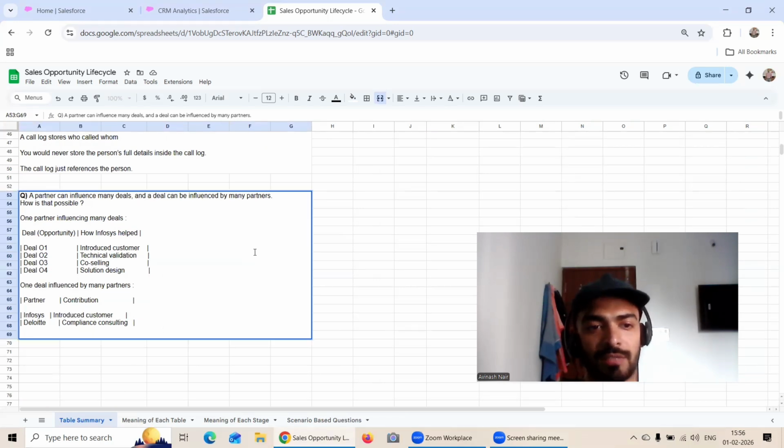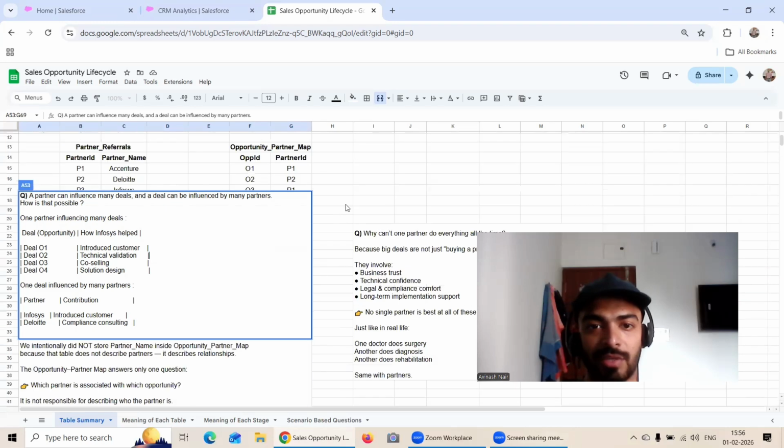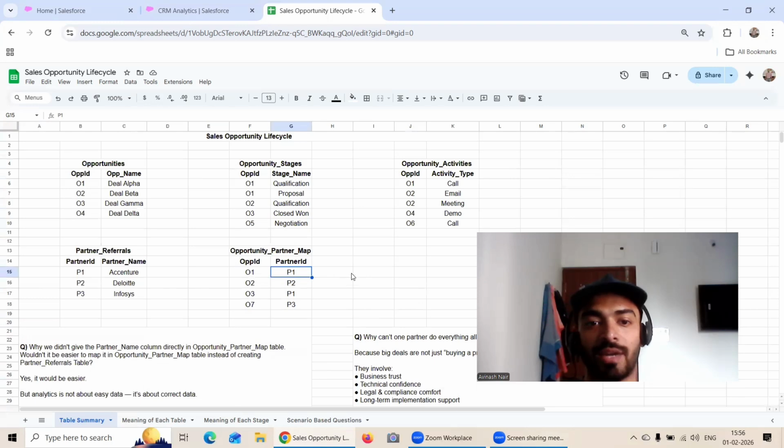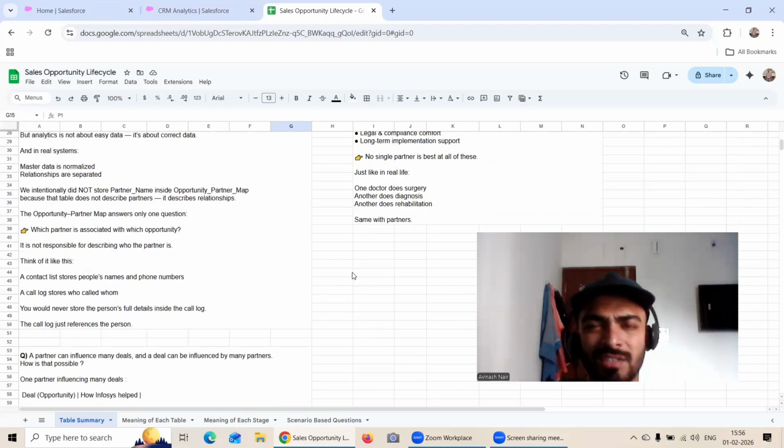Deal is opportunity. Fine. So let's understand how Infosys has helped. This is answering the first question, how one partner can influence many deals, right? For example, you have let's say P1, which was Accenture, Accenture influencing O1 as well as Accenture influencing O3. Now see, this is something which is common. Basically in the IT industry, that's the whole idea about the service-based industry, right? You have a product-based industry where there are different kinds of product companies, let's say Salesforce and others. Then there are service-based industries, like TCS, Infosys, Cognizant, Wipro,